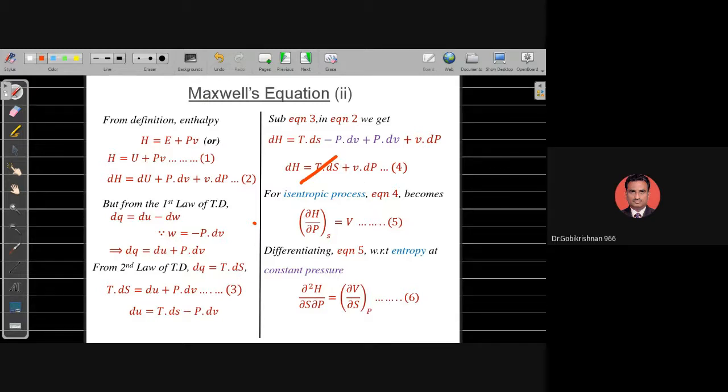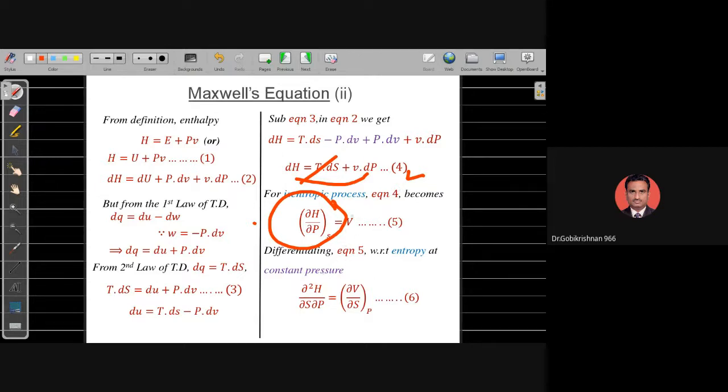That's all. Otherwise, I can bring this dP down and write dou H divided by dou P at constant S, that is equal to V. Similarly, with the same equation number 4, but for a constant pressure process, equation number 4 will reduce to